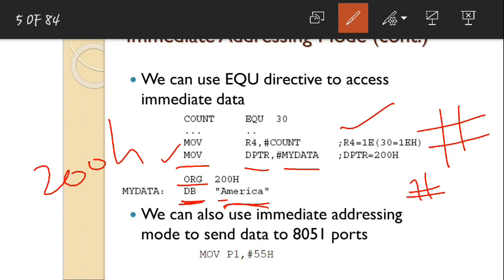First this DPTR will point towards this location. Okay, so at that location, see it is pointing towards that location. At that location I have the first ASCII character, whatever it is. Okay, if it is A, then MERICA. Each time whenever it calls, you need to write a little bit more program. We will see later how it works. Okay, so by this I can easily move this complete ASCII characters into the memory location.